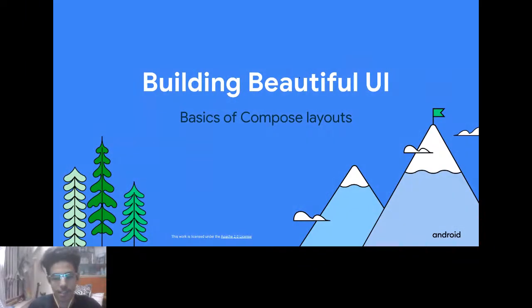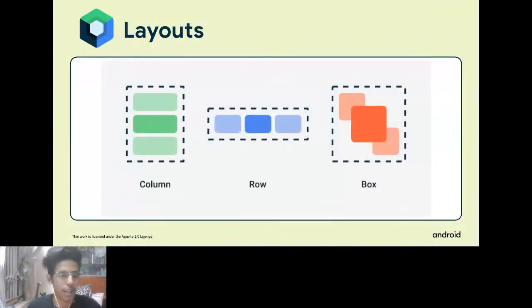Okay, so let's start with building beautiful UIs with Compose. If you have prior experience in web, you would know that there are grid layouts, flex, etc. to make a structured UI. In Jetpack Compose, we have three layouts: Column, Row, and Box. A Column is anything that you put top to bottom or bottom to top, depending on your business logic. It goes vertically, and a Row is horizontal, left to right or right to left.